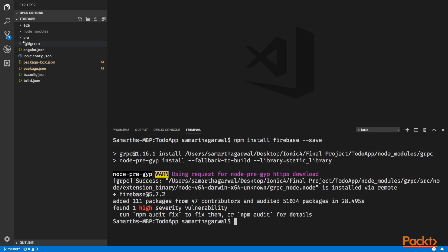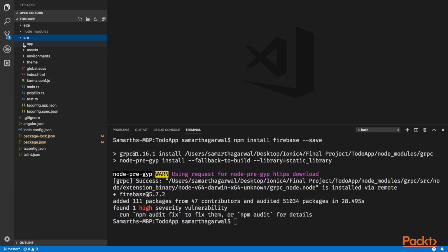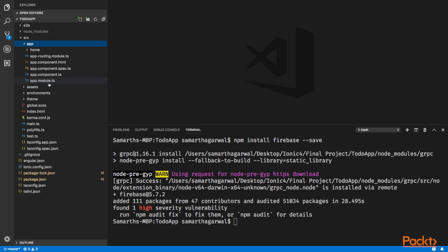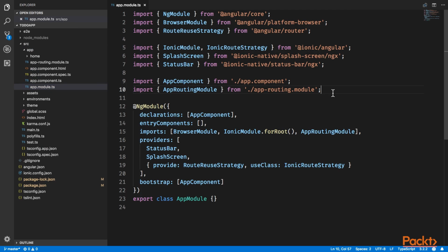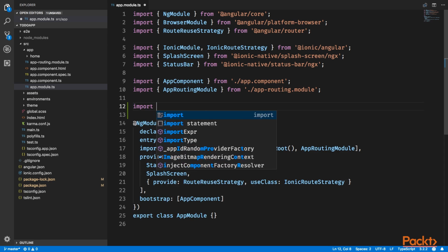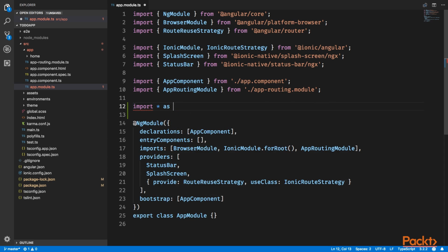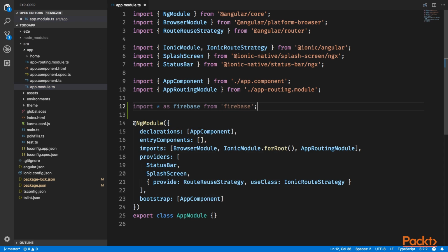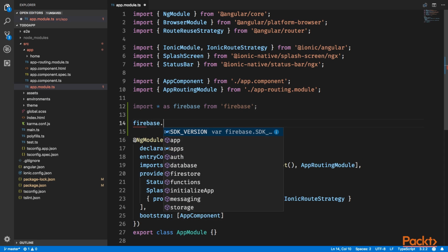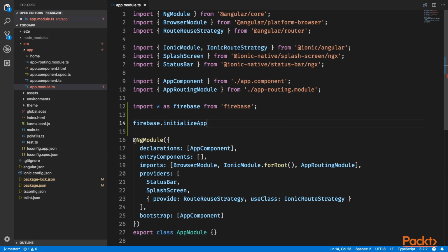Now that Firebase has been installed successfully, we need to go to our app.module.ts file, and here we need to write the code to configure Firebase. We'll start by importing Firebase, so I'll just go ahead and type in import * as firebase from 'firebase'. Next, we'll use the initializeApp function from Firebase to configure this application. The initializeApp function, as we know, takes in a JSON object, and we can get that JSON object from